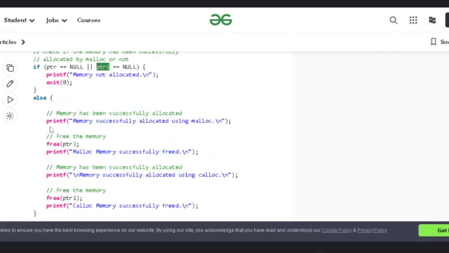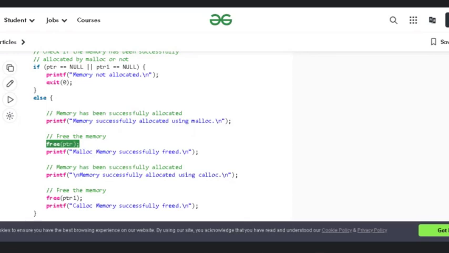For both the arrays we are allocating memory. Now when memory has been successfully allocated, obviously this printf function is going to get executed, and on the output screen, memory successfully allocated using malloc will be printed. After that, we are not interested in assigning values to the array and printing them.